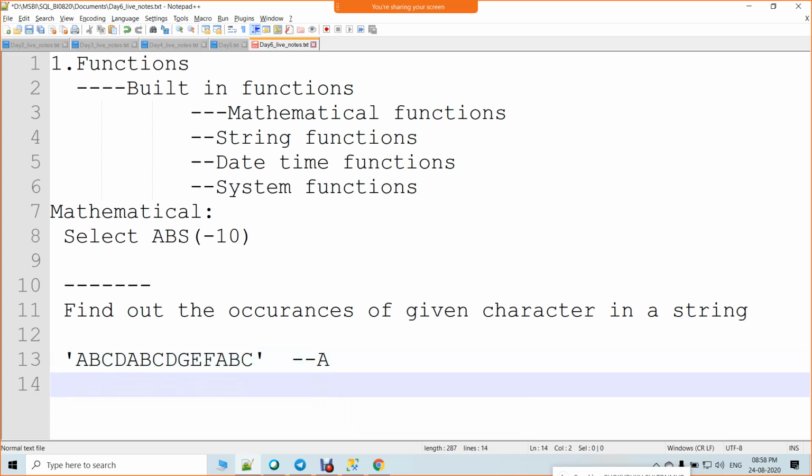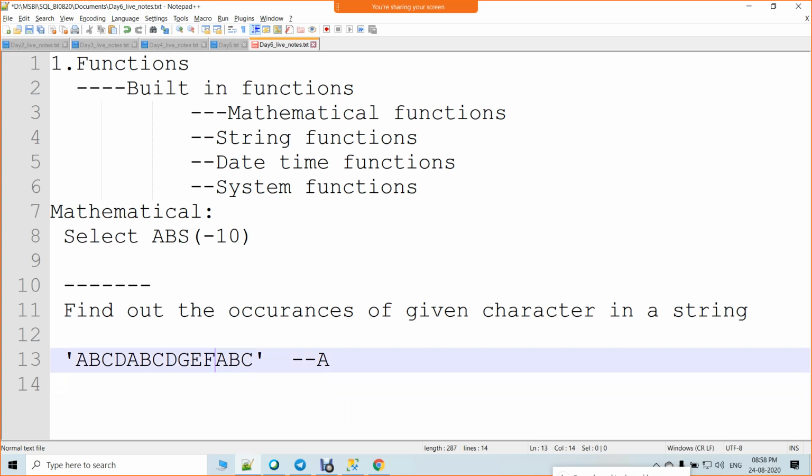A1, A2, 3 times it occurred, right? Yes. So we need to write a query which will give me how many times A occurred in a given string.